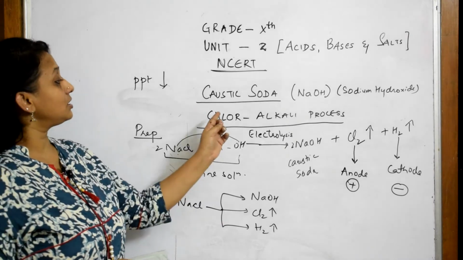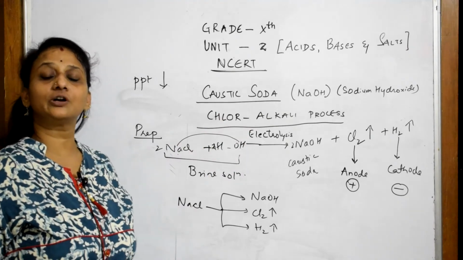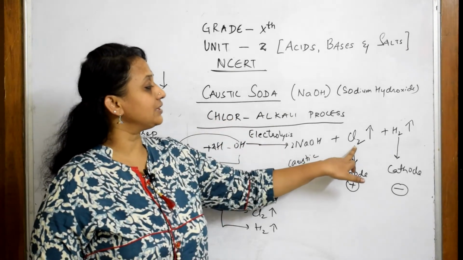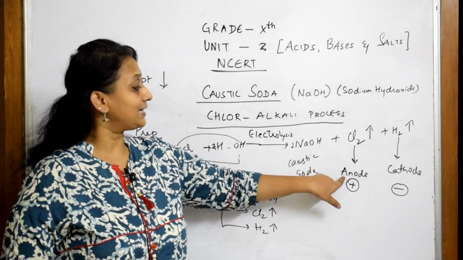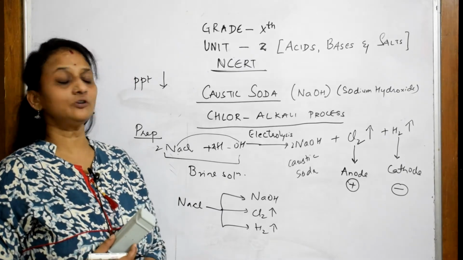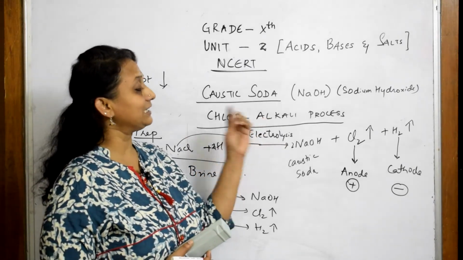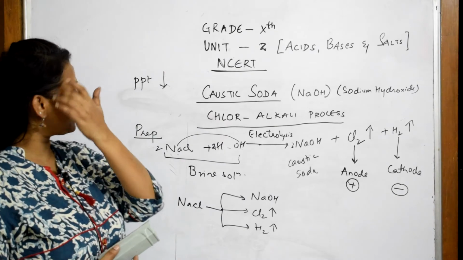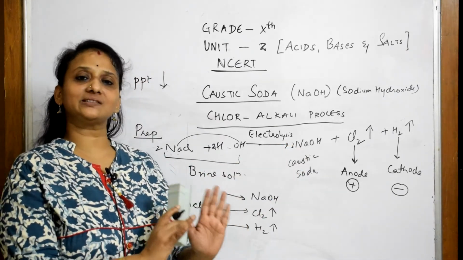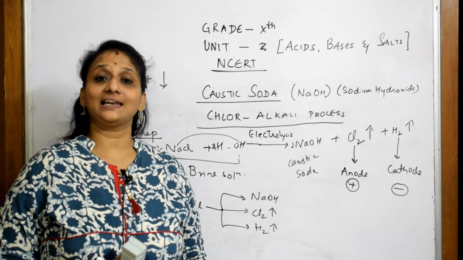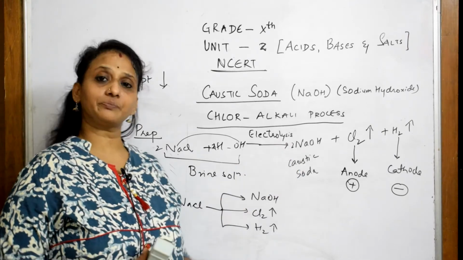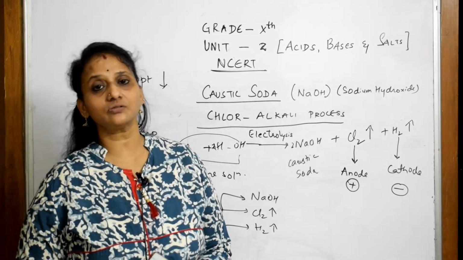Two questions I've answered. Question number 3: why is it called the chlor-alkali process? What answer will you give? Chlor, because there is evolution of chlorine gas at the anode electrode. What the anode electrode is, you'll also be seeing in the video. And next, if they ask about alkali, alkali is nothing but sodium hydroxide. Whenever you're dissolving a base in water, we call it an alkali. So chlor because of chlorine gas, alkali because of the formation of sodium hydroxide or caustic soda.